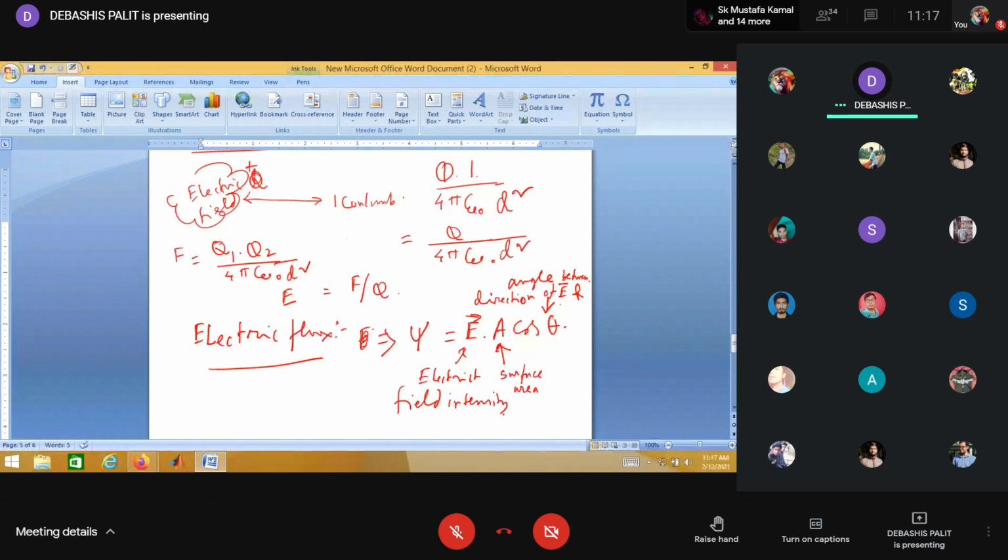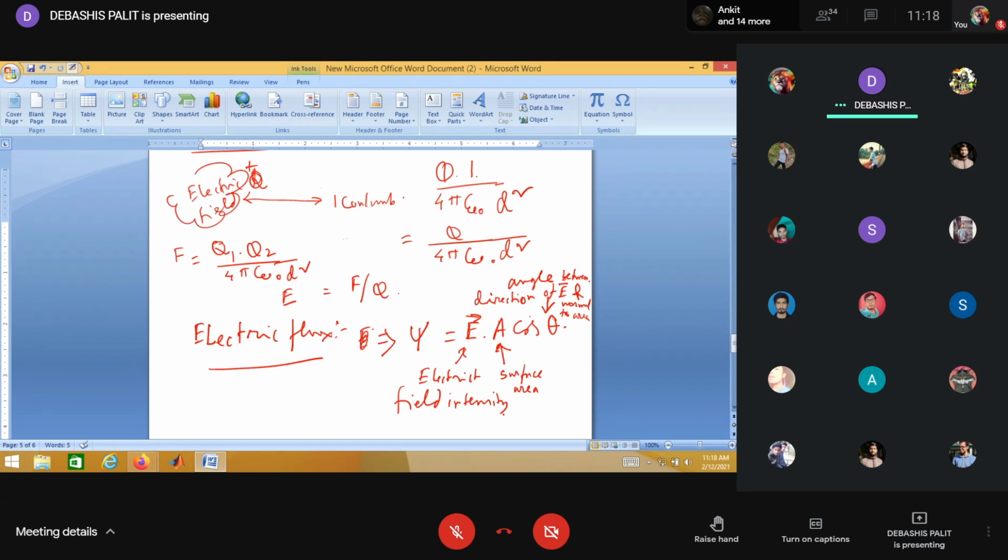And normal to that area where electric flux is considered. Say a conductor is there. So you take a conductor in an electric field. So electric field having a direction, and a normal to that conductor, there is also a direction. So in between the direction of electric field and the normal to the conductor area,